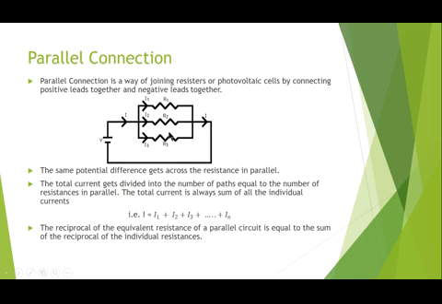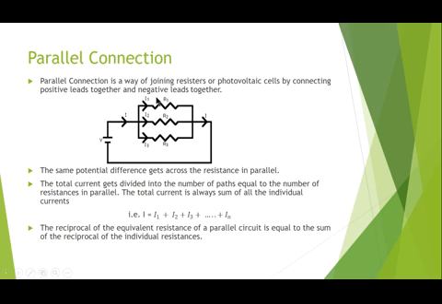Here we have 3 resistors R1, R2, R3 connected in parallel, connected to one voltage supply V. Here current I starts to flow through the battery. That will split into branches: I1 current through R1, I2 current through R2, I3 through R3. So we have different currents and only the same voltage. Unlike series connection, in parallel connection the voltage will be the same and the current will be different. The same potential difference appears across the resistances in parallel.